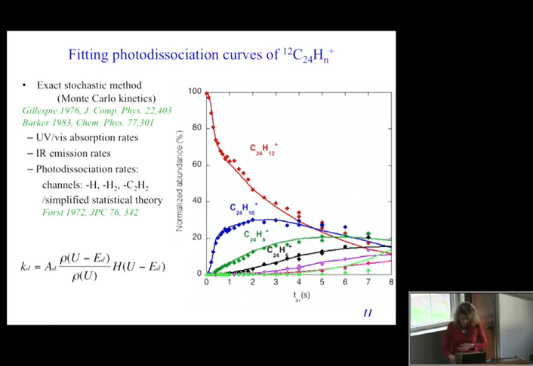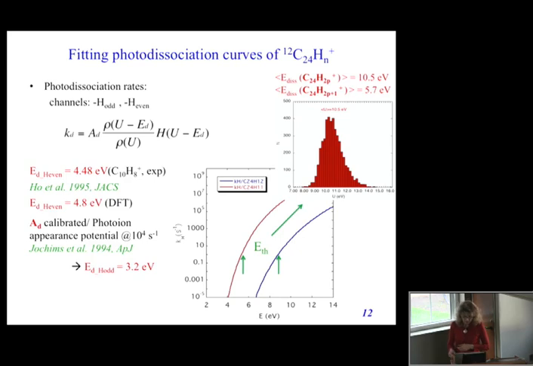And you see here an example: these are the experimental points, and the curves are the fit from the model. The first thing is you cannot use all of these parameters as free parameters because there are too many unknowns, so you have to make assumptions. First, we notice that there are two dissociation channels: the one which involves species containing an even number of hydrogens, and the one containing an odd number